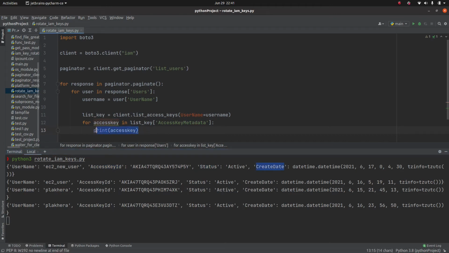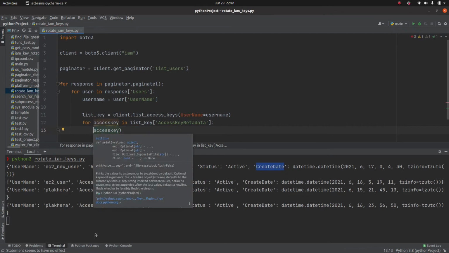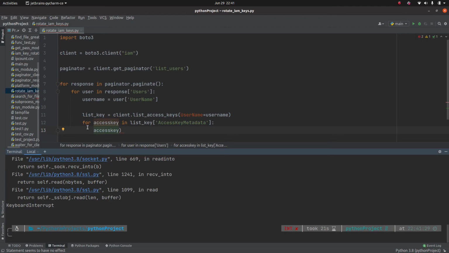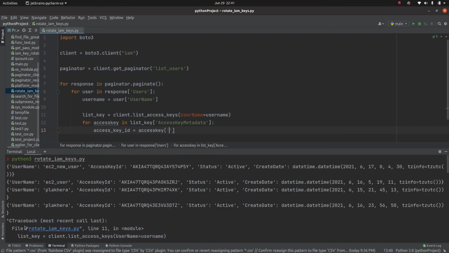Okay, so I don't want to print it. So what I can do, I can store this response in some variable. Access key ID equal to access key, and store it in a variable called access key ID.